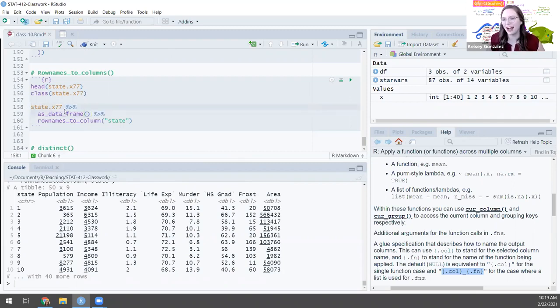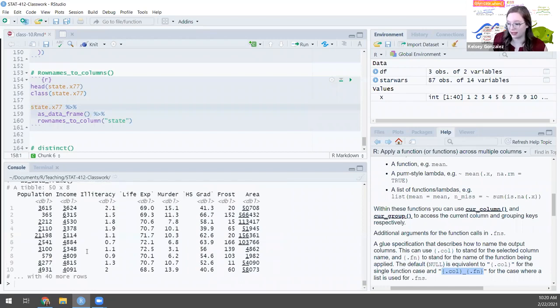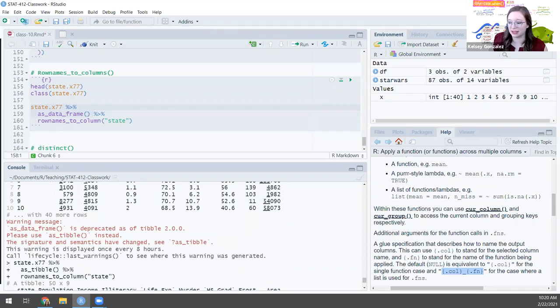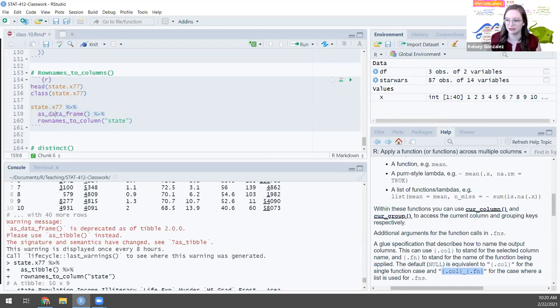Okay, I'm going to walk you through the errors because this is very common. So I want to make this a data frame and then change the row names to a column. If I just say as_data_frame, which is the tidy as data frame code, it gives me an error, which now it's not giving me, which says this is deprecated. Please use as_tibble instead. However, tibbles cannot have row names. This is all pedantic, but it's important. Tibbles can't have row names. So if I say as_tibble and then do row names to column,